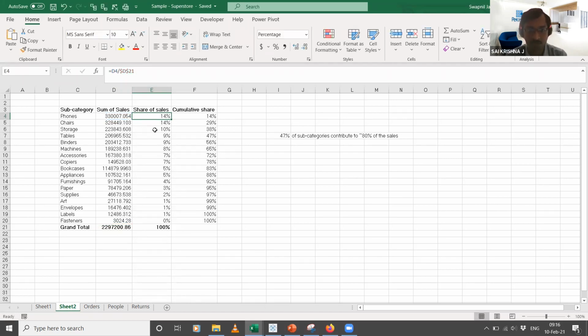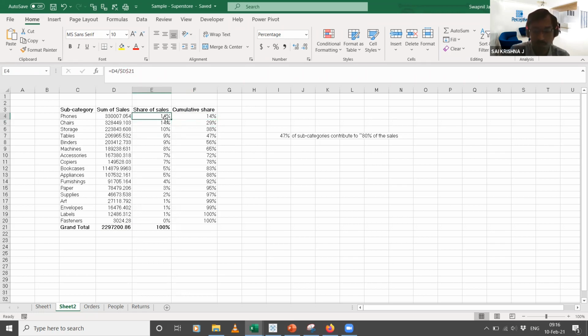Sales for chairs is 14%. Sales for storage is 10%, like that. All this totals up to 100%. And then I have calculated something called the cumulative share. Phones alone contribute to 14% of the sales. Now phones and chairs together contribute to 29% of the sales.